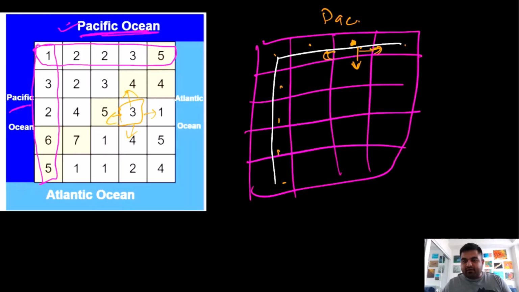And the moment we find that we can reach some adjacent cells that we haven't already visited, we can set that as true. Suppose the value over here is 3 and we know that this is able to reach the Pacific Ocean, and suppose the value adjacent to this one is actually 6. So we know that there is a height difference, and over here we need to check